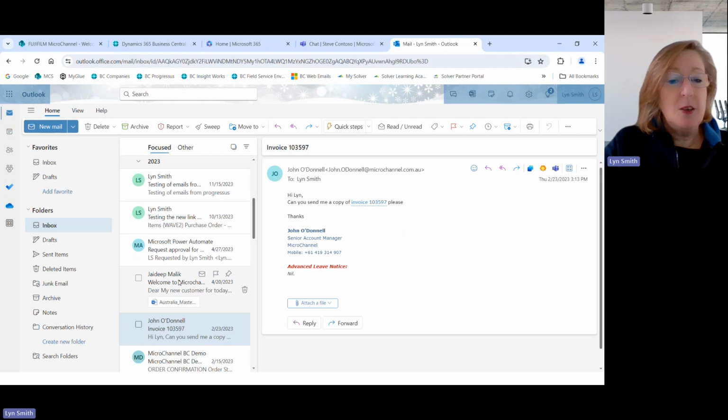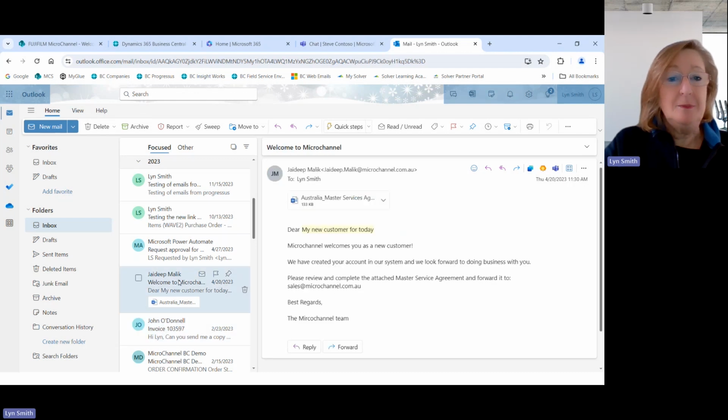I've also used Power Automate so that every time I create a new customer, or someone in my organization creates a new customer, it will send the customer an email for us. So we don't have to do that. We're getting the system to take care of it. And here you can see an email's gone out. I've also said to the system, go and attach our master services agreement. So you can have functions that you do within Business Central, and you can automate that process so that it can go and do something for you. So it's freeing you up to get on with other tasks.